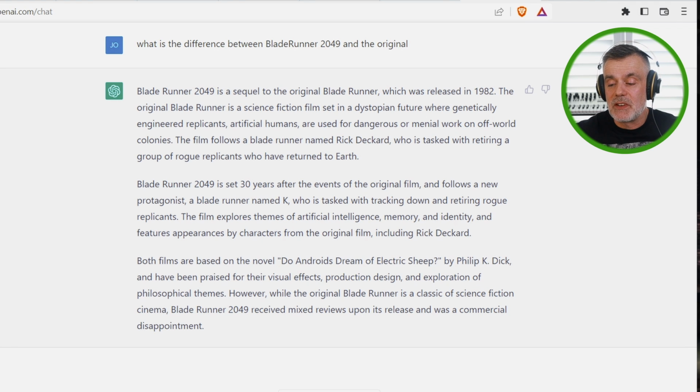The film explores themes of artificial intelligence, memory, and identity, and features appearances by characters from the original film, including Rick Deckard. So far, 100% correct and accurate. Both films are based on the novel Do Androids Dream of Electric Sheep by Philip K. Dick and have been praised for their visual effects, production design, and exploration of philosophical themes. However, while the original Blade Runner is a classic of science fiction cinema, Blade Runner 2049 received mixed reviews upon its release and was a commercial disappointment, all of which I would have to agree